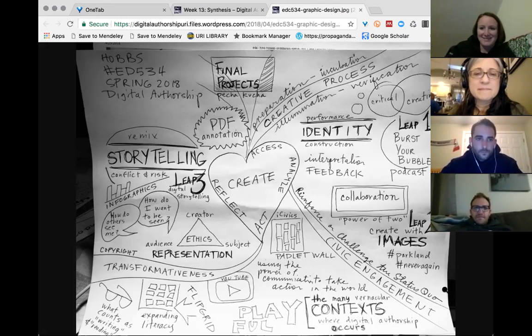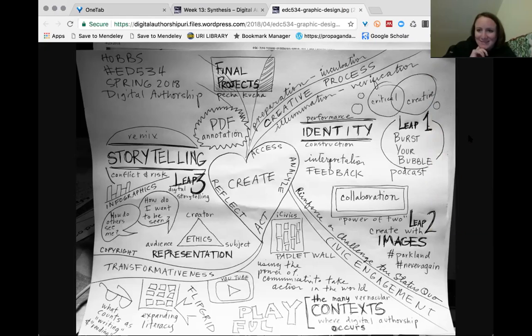Angie, I see your hand is raised. What part of this drawing can you relate to? I was looking at the hashtags for Parkland and just thinking about how it felt like we were really participating in something that as things happened, they were immediately relevant to what we were doing, like with the Facebook.